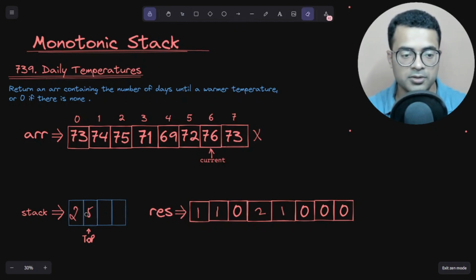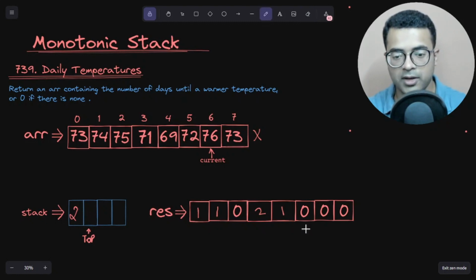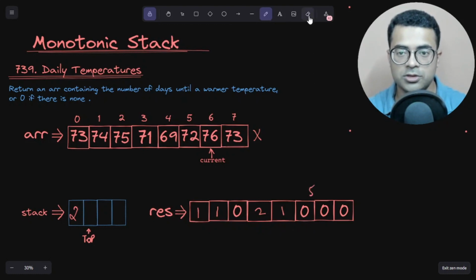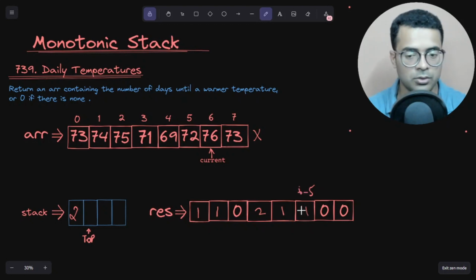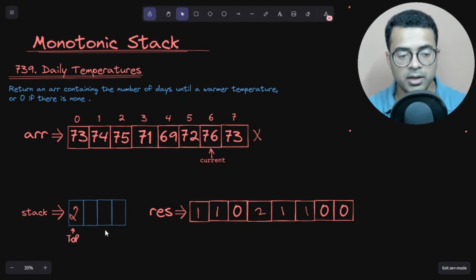So first pop this 5 from our stack and use this 5 here, 0 1 2 3 4 5. So this 5 is going to be the location that needs to be changed, and come here, remove this 0, and then right now our current pointer index is 6. So 6 minus 5 is 1. Cool. Now what we will do, again remove this part, move our top back to 2, and again check whether